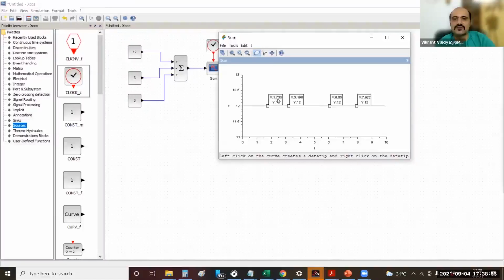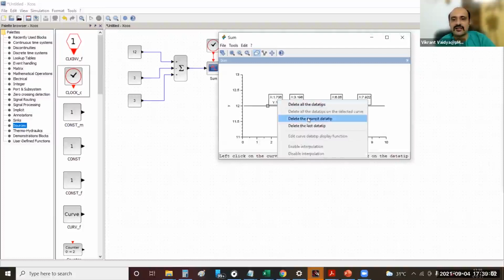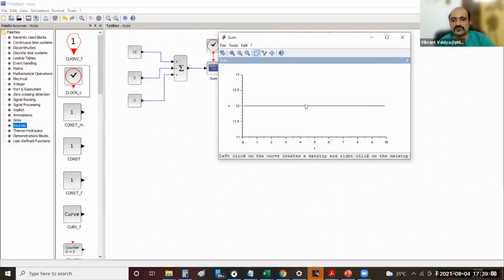The box that comes up with the values, you can right click on that box and you have options: delete all data tips, or delete nearest data tip, or delete the last data tip. You can do anything you want. Understood how to use data tip? If you have understood, just put data tip in the chat box.